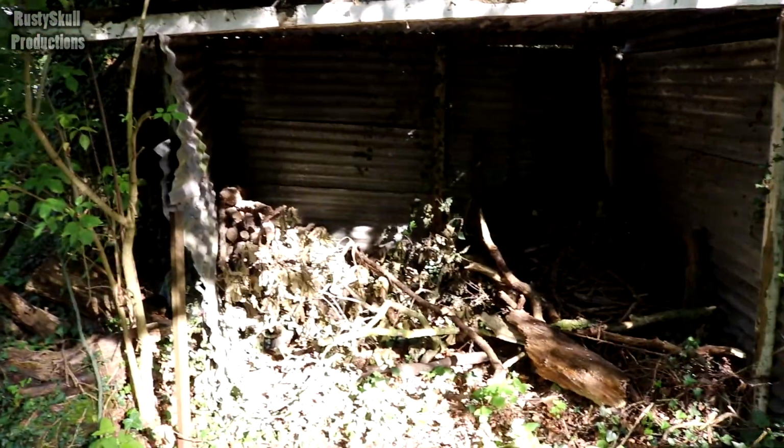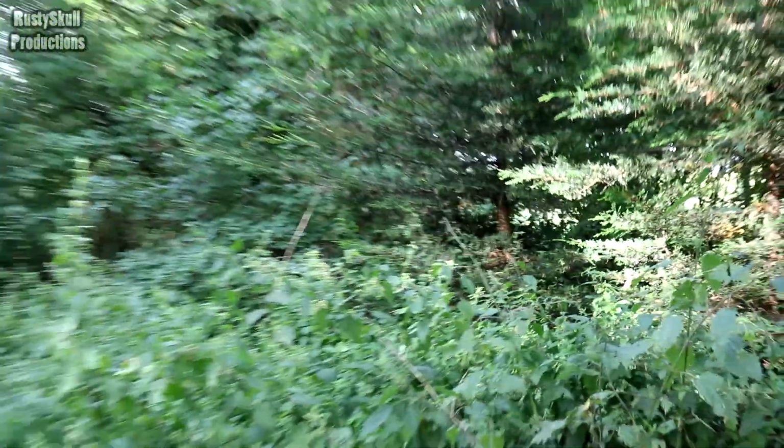What have we got here? A little bit of a log storage. Yes. A friend of mine that owns this land said to me it's where he was cutting up and making up his firewood. Made a little bit of a wall there, made a little bit of a fence. Look. It looks like there used to be a fence that went along that stream, look. But it's come down there and still goes around there